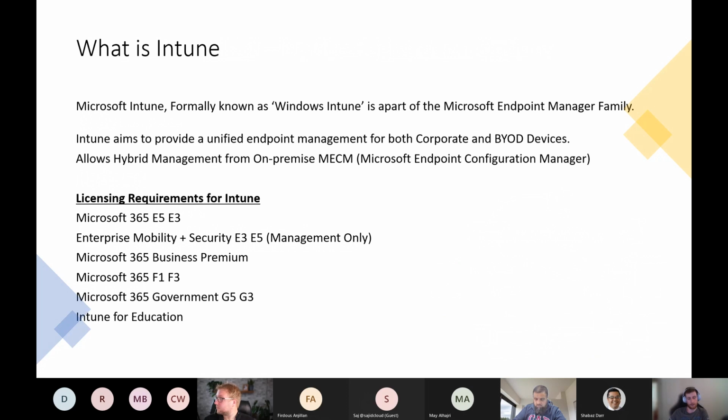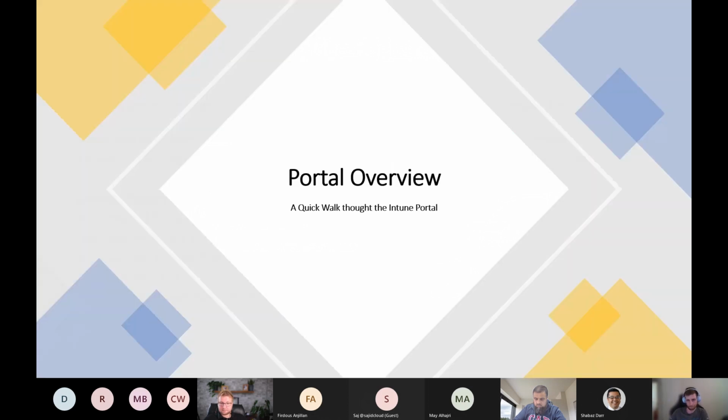So this is just to cover some of the licenses. For the lab environment I'm playing around with at the moment, I've just got a couple of Enterprise Mobility E3 licenses, just to play around with device enrollment, and just test and dev. Obviously, if you were going to do it from a business environment, you probably want Business Premium, so you get the Office licenses, the Windows 10, and then it all follows around with you.